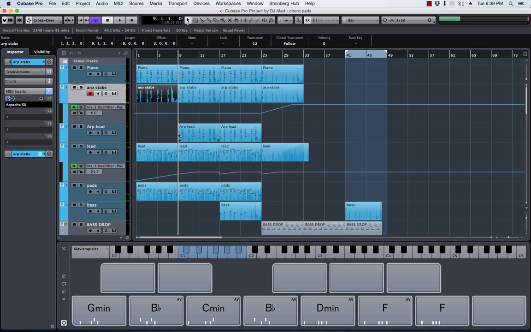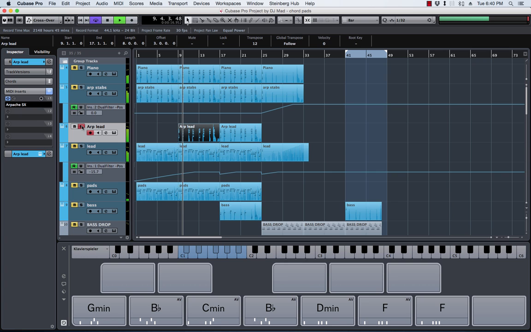And then right here, I added the same thing again. I copied this and put it over here, and I added another Arpache SX, and I created another arpeggio, but with a higher, more soul type of sound. So it's exactly the same thing, but with a different sound. Then on the lead right here,